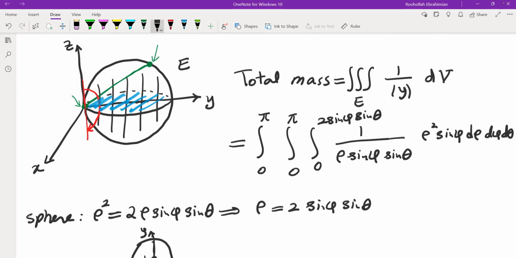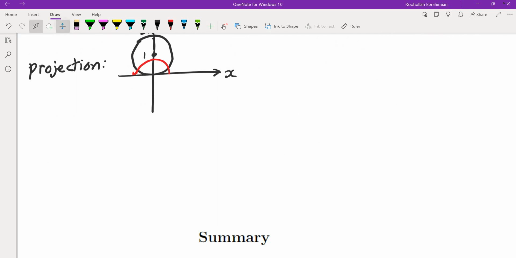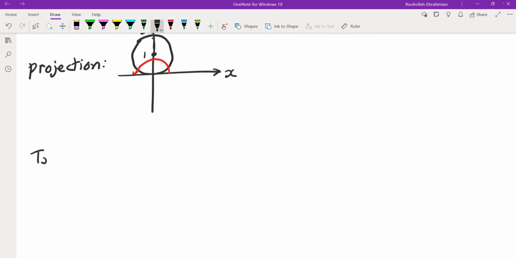Okay. So this is not particularly difficult to evaluate, but it might be a little bit more difficult than some of the other integrals. So this one and this one cancel, this one and this one cancel, and we get rho. So we have to integrate that, but it would be rho squared over 2. So let's do the calculation. So I'm going to write it down here. So the total mass